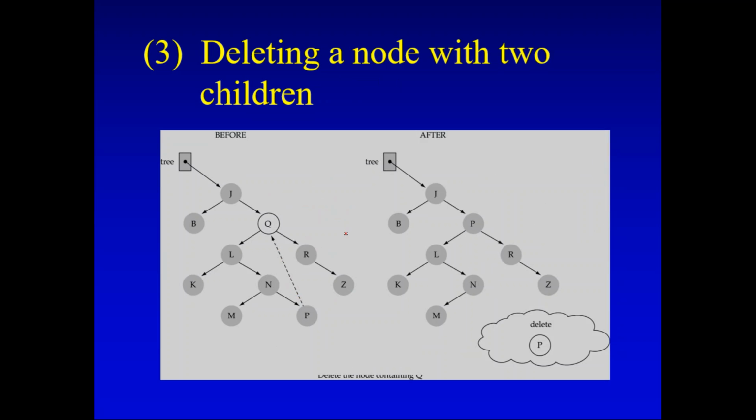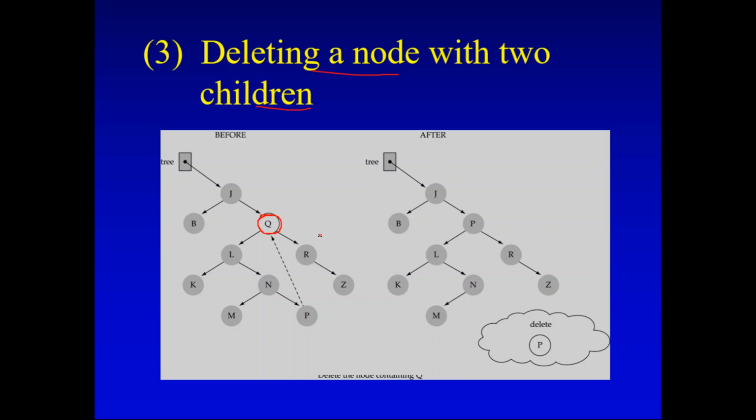Okay. Next is deleting a node with two children. If you want to delete a node which has two children, take this particular tree. Say that you want to delete this node Q, but if you see Q, it has two children. There is a child L and also there is a child R. In that case, how to do the deletion? If you want to delete a node which has two children, then there are two ways to delete. The first method is